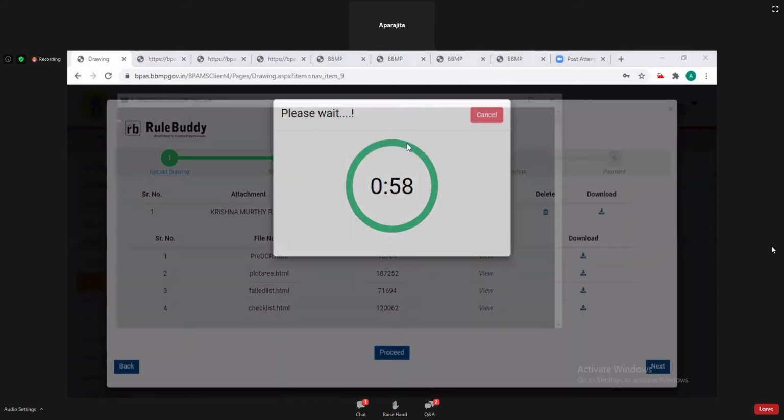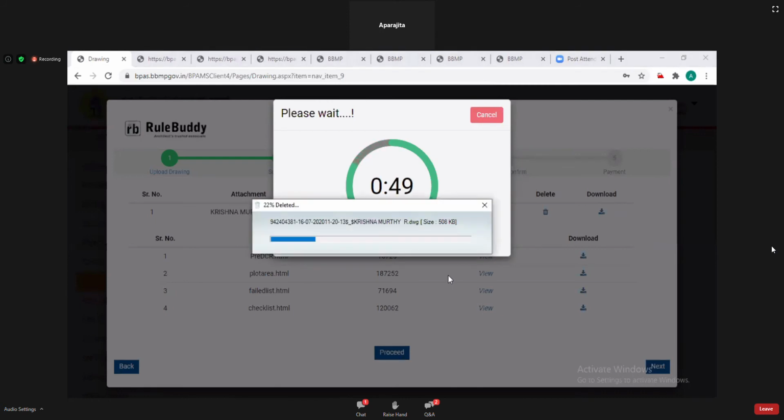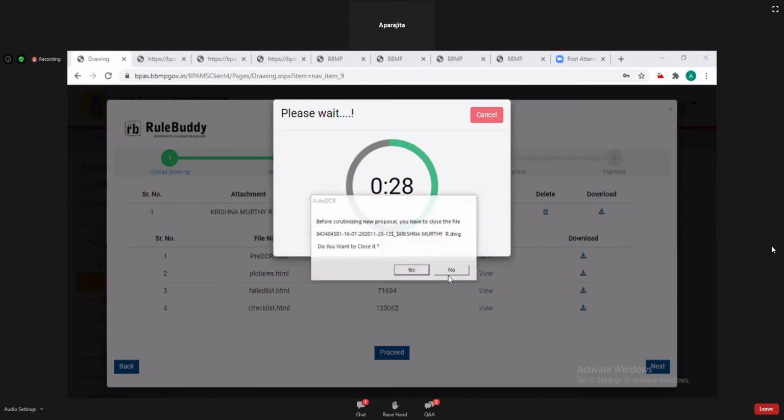Okay, open BPAMS. Okay, my AutoCAD drawing is open now.